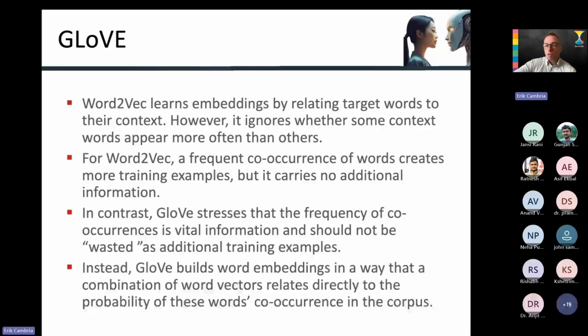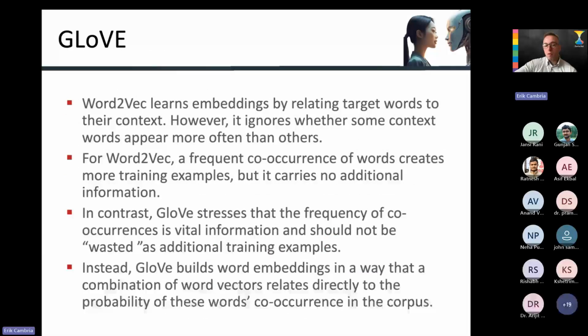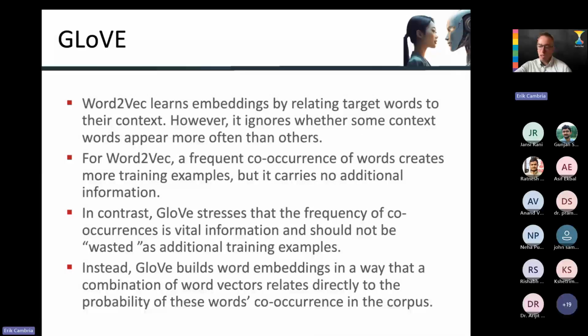Later on came GloVe, and the one problem with Word2Vec is that, for example, the frequency was completely left out, and that's a mistake actually. TF-IDF was mostly based on word co-occurrence frequency, and then when we first built Word2Vec, we thought, okay, frequency is not good, let's forget about it. But then GloVe reinstated some of that, and it turned out to be actually useful at least for some